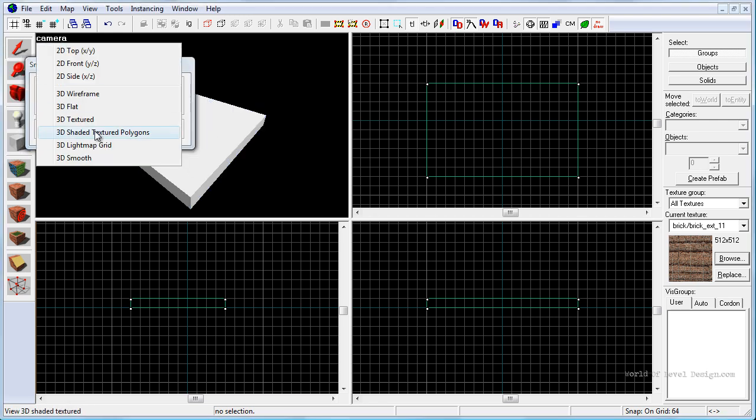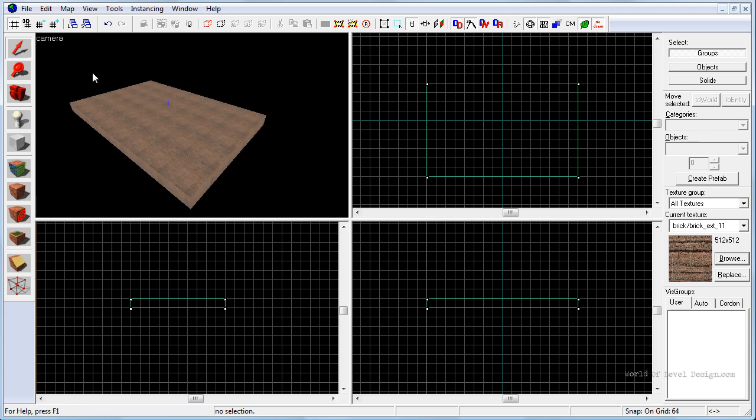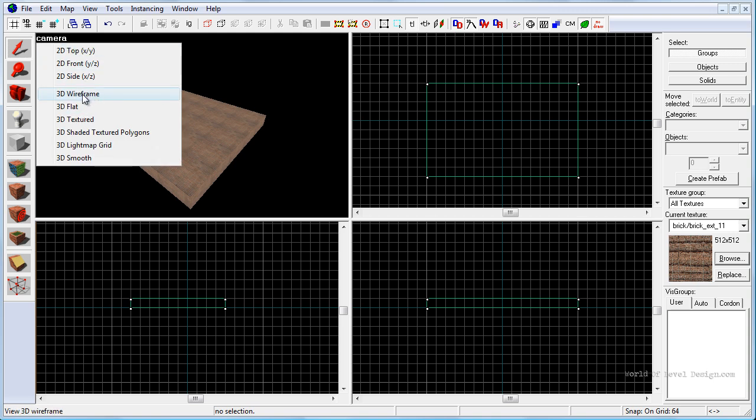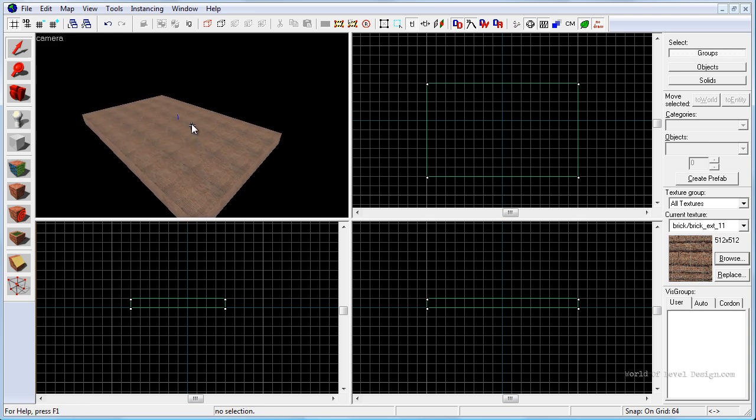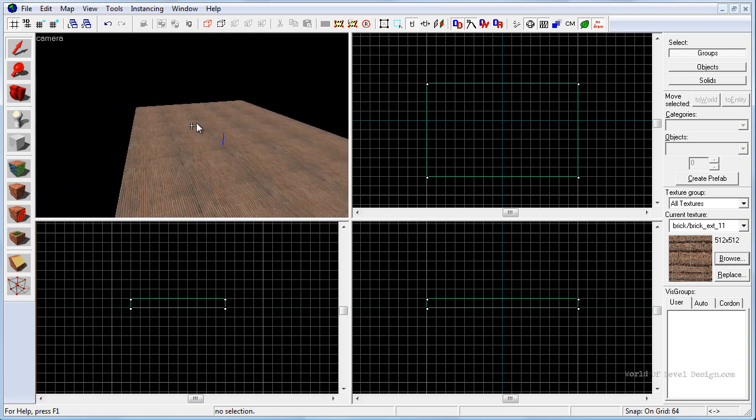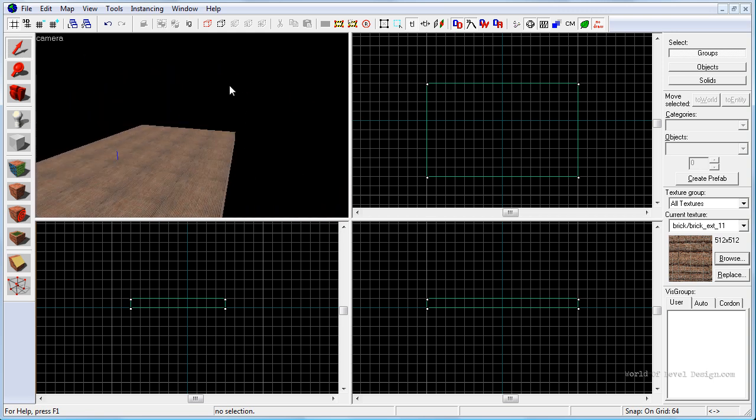I tend to keep the perspective viewport in shaded texture polygon until I need to do some light grid setups or go through a wireframe mode, but the majority of the time I spend creating the map is in shaded texture polygon mode. So in order for you to navigate inside the perspective viewport, hover over the perspective viewport first,